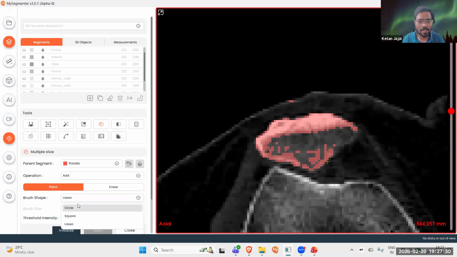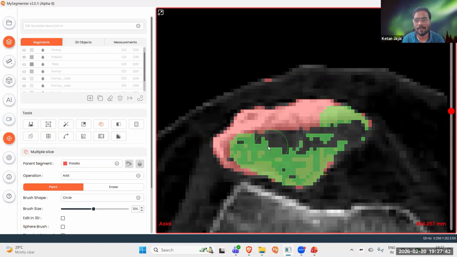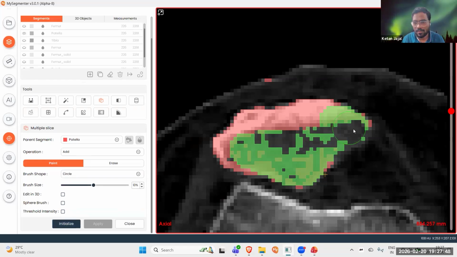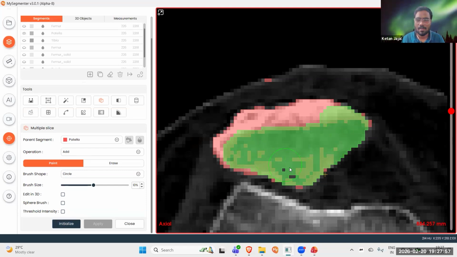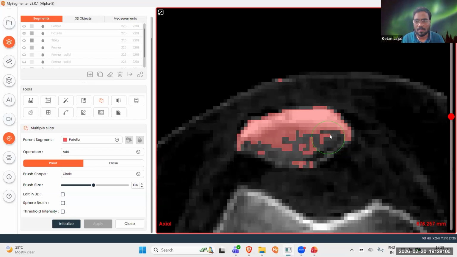What I will do, I will try to capture this region and I'm using the add operation and using the circle. I'm going slice by slice approach and I will untick this threshold intensity as I wanted to fill this part, and I'm able to see that the boundary of my patella is still here. I'm just covering this part, skipping one or two slices, covering this part and creating a solid model,